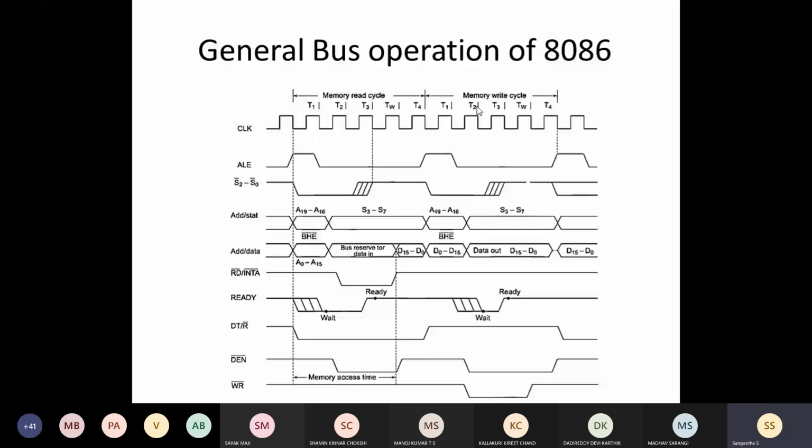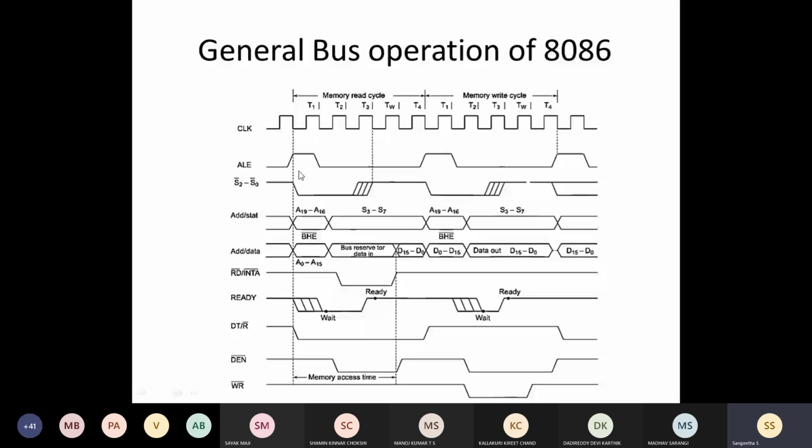So then we will go one by one. See here, the first clock cycles are given as T1, T2, T3, and some wait period is inserted between T3 and T4. These 4 things I'm just giving as the memory read cycle. Once memory is read, I'm going to go for a memory write cycle. We will see them separately, along with the functionality of the pins we have seen previously.